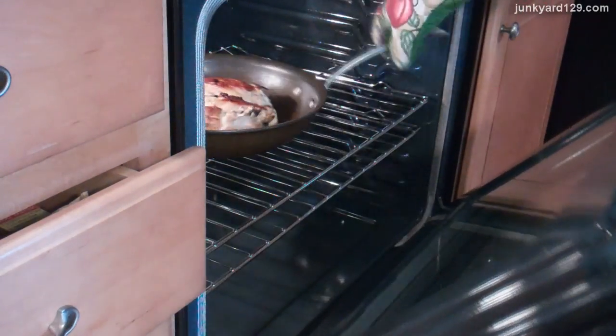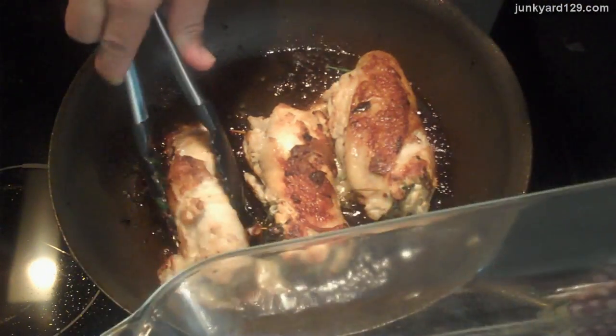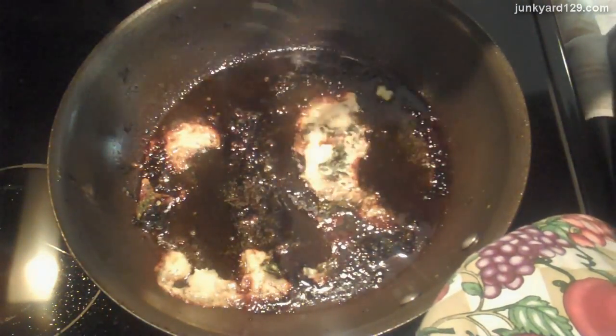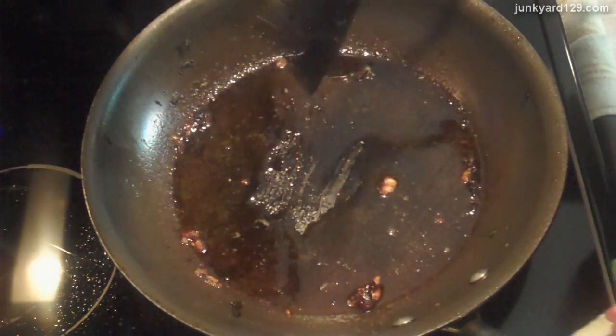Okay, let's go ahead and get this out of the oven here. Now remember, this pan is real hot, so use an oven mitt. Okay, so what we want to do now is transfer the chicken to an alternate bowl here, as you can see. And then the next step is we're going to take advantage of all this great drippings that's in here. We're going to scoop the cheese out of here temporarily, and now you have nothing but the chicken drippings